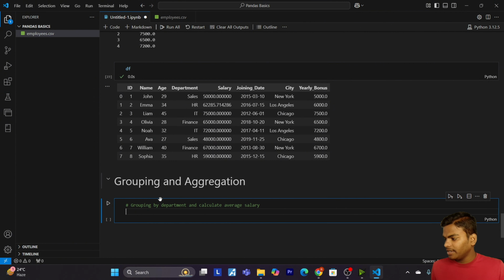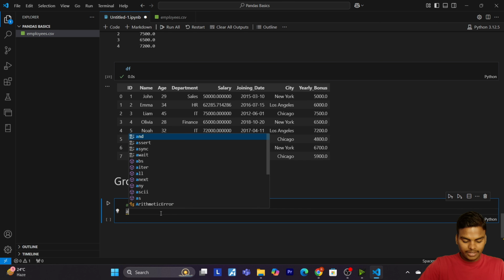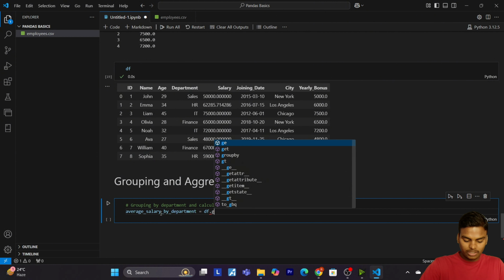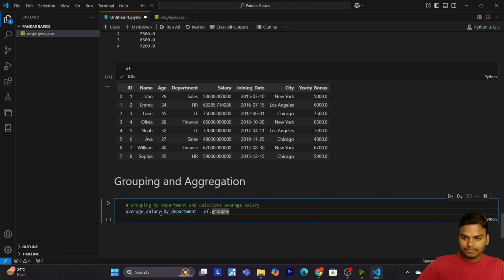So now let's come to our main point. Now let's write average salary by department equals to df dot groupby, where I want by department. Okay. So let me write department and salary.